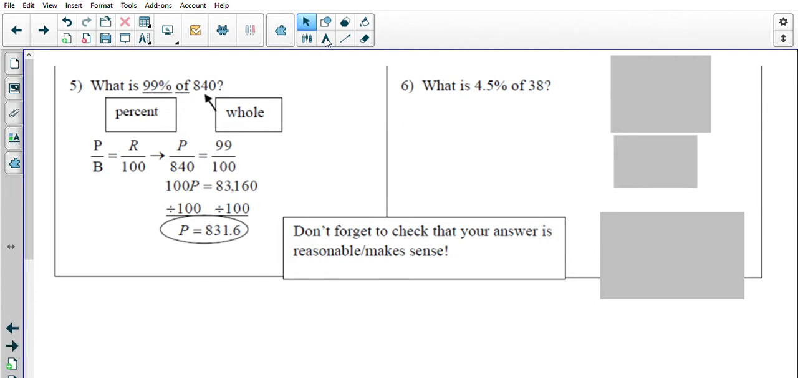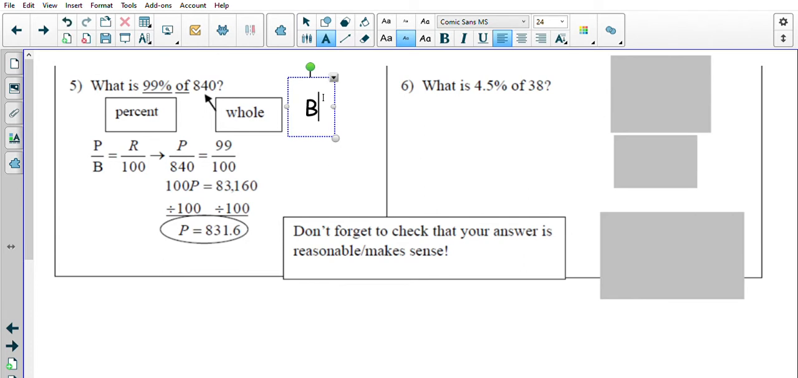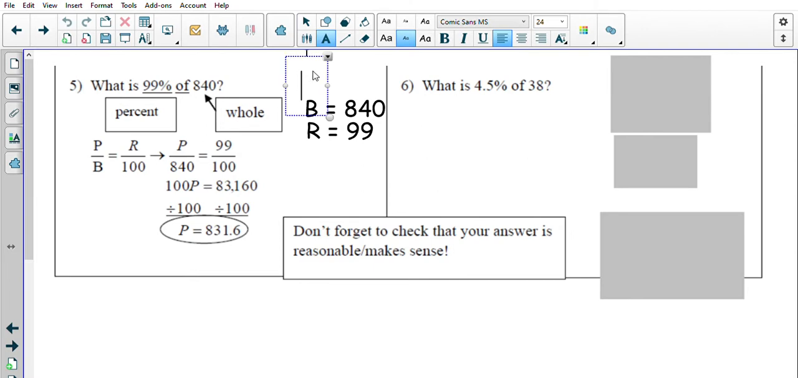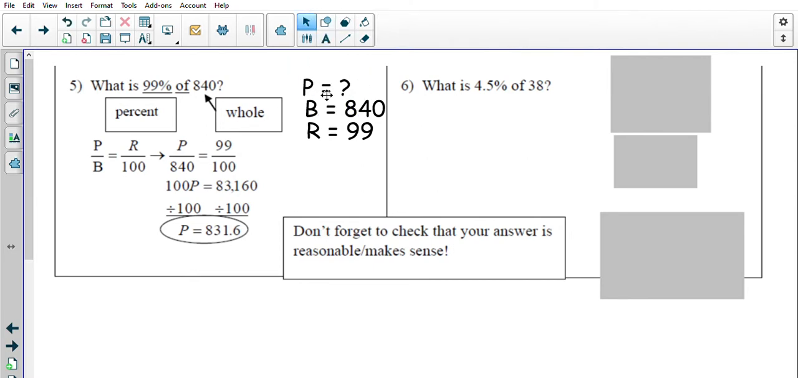So our base, again, is going to be 840, because it's out of. The percent R is 99, since it's 99%. We'll put that over 100. My unknown in this case is the part. So we've seen examples in all different aspects here. We've seen where our R or our percent is our unknown. Now we're seeing one where the part is our unknown, and we'll see one where the base is our unknown as well. So P over B is P over 840, or if you want to replace it with X, you can,